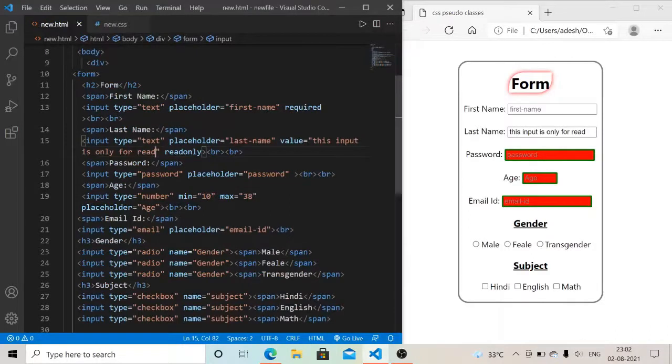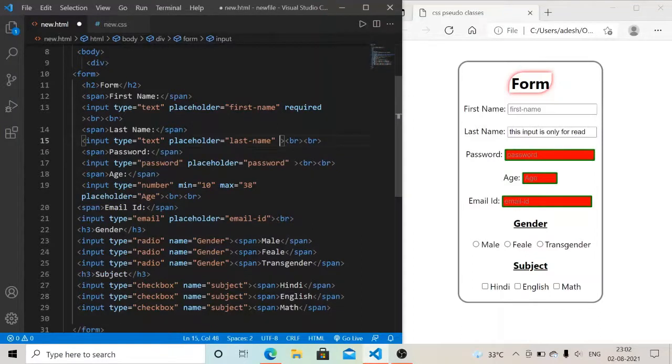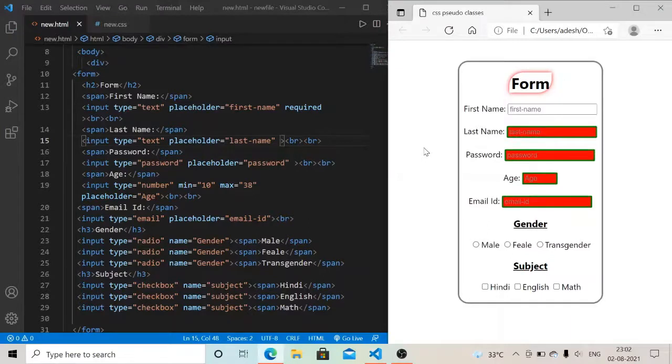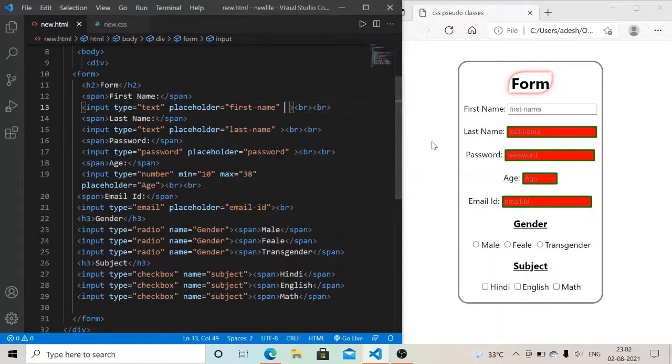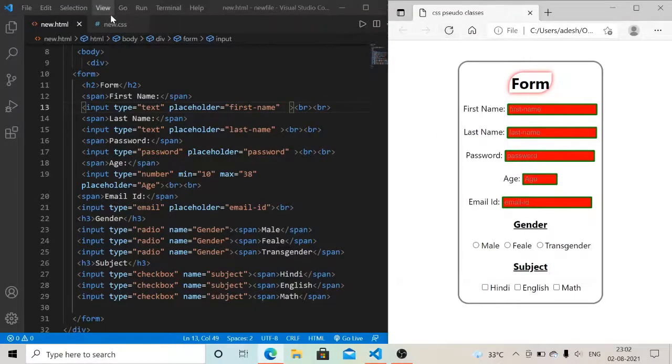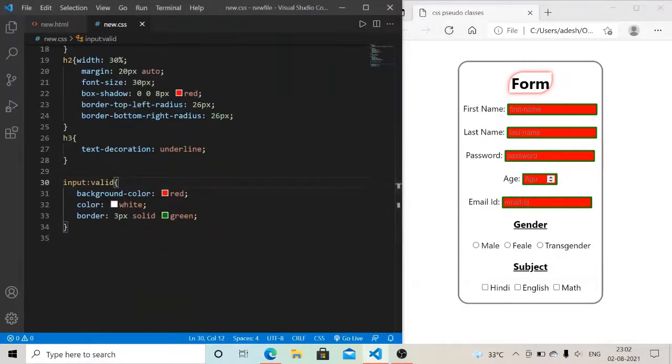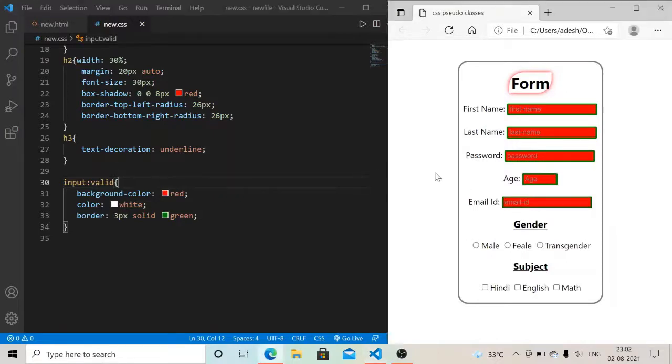Okay, and I remove this value and the read only here. Now I save this file and refresh my page, and this is required. I also refresh this. Now as you can see, these are all valid, that's why this CSS is applied to this input. But when you give an invalid value, just like I write here